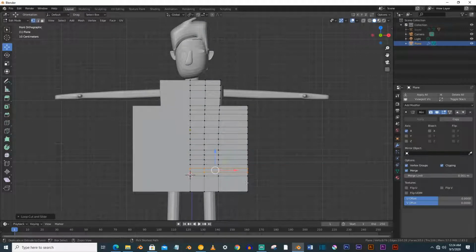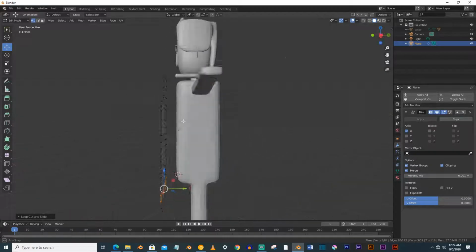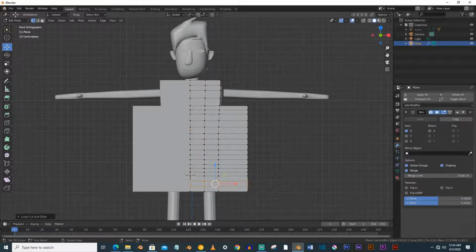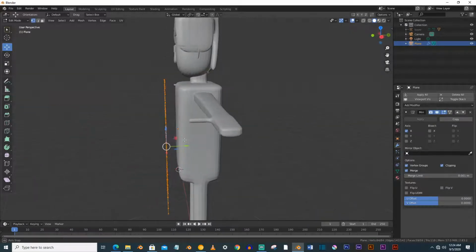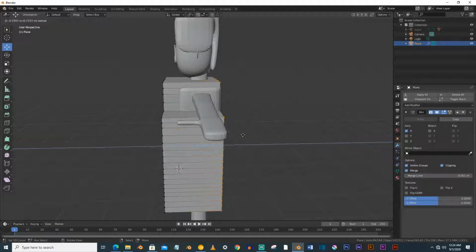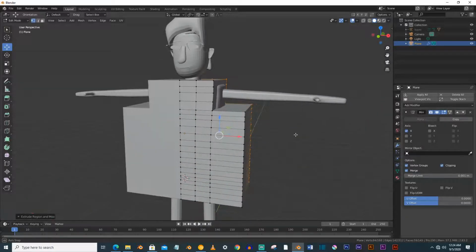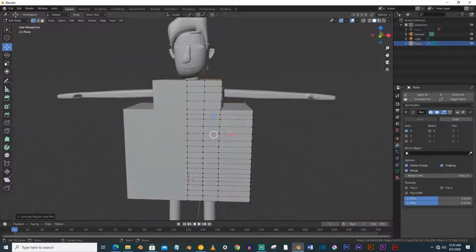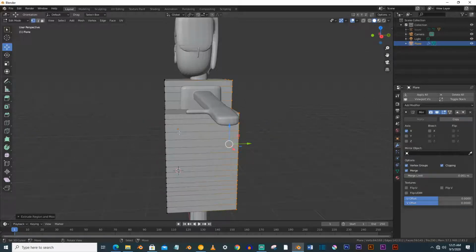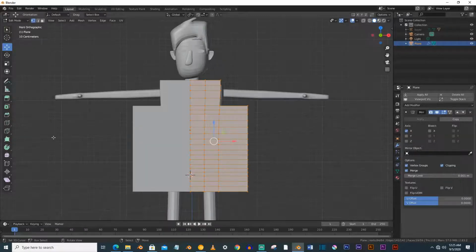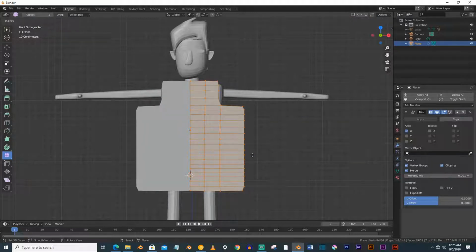and Control R. So this is the basic shape. Now what you have to do, select all and E to extrude like this, and now what you have to do, but one thing before that, what you can do, Control plus Z, and you can do a little bit smooth by going to smooth tool and just give it a little bit smoothness.